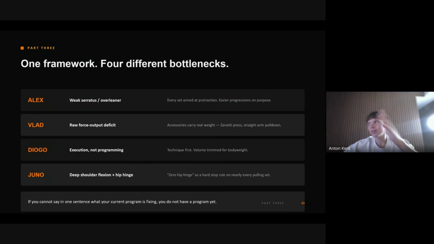Perfect. So as we see here, we've applied one framework to 4 completely different athletes with 4 completely different bottlenecks. Okay? Alex: weak serratus, over-lean, only doing planche. Vlad has just a raw force output deficit. So accessories are going to be his most important thing. Zanetti and straight arm lat pulldowns. Diogo, his